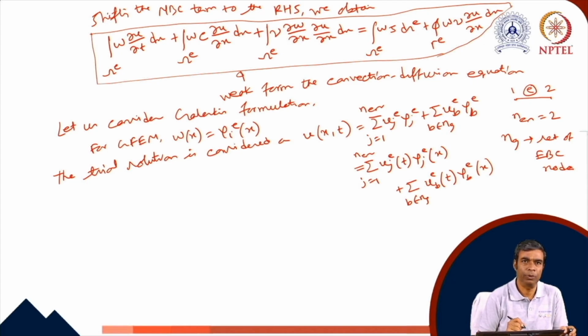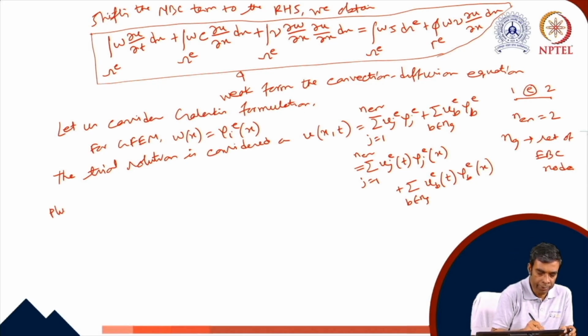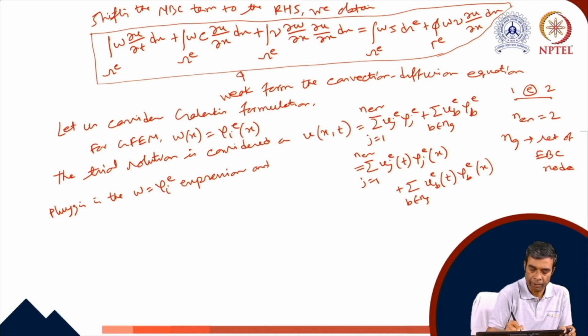So now we can substitute W equals psi_i^e as recommended for Galerkin formulation, as well as the trial solution, in the above weak form. So plugging in the W equals psi_i^e expression and the trial solution in the weak form, we obtain